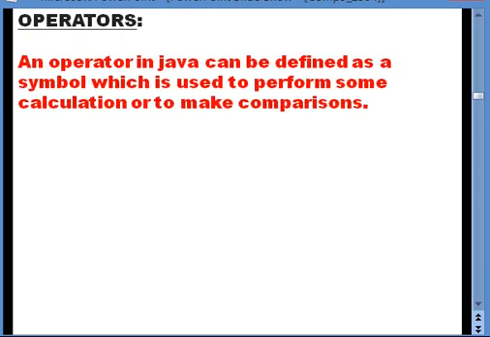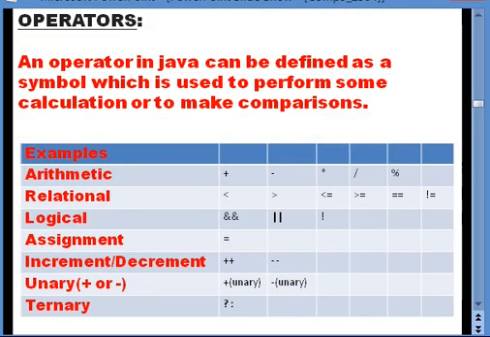Okay, the next token that we are going to discuss is operator. An operator in Java can be defined as a symbol which can be used to perform some calculation or to make comparisons. So let us discuss a few of the operators. The first one, as you see on the screen, is arithmetic operator. These operators are responsible for performing calculations. So we have a plus for addition, a minus for subtraction, asterisk for multiplication, a forward slash for division, that is for the quotient, a percent symbol again for division, but in this case it is going to return the